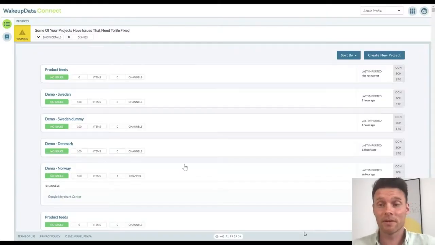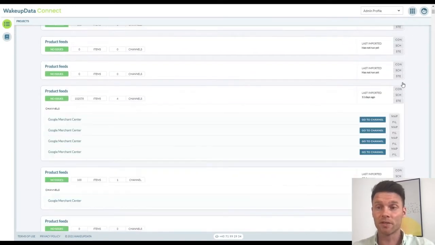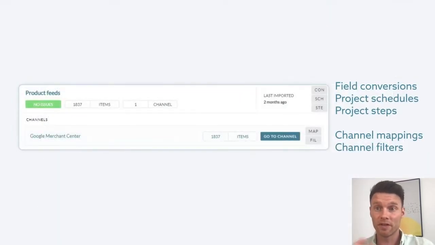On the dashboard side of things, there's also been some updates to how we actually display the status of a given feed. We've enabled these shortcuts, or we made these shortcuts available, and you can actually enable and disable them yourself, as we saw in the settings part of it. You'll see them figuring out to the right with short abbreviations for what they actually can do. So you'll see field conversions, you'll see scheduling, you'll see project steps, how many steps there are tied to that